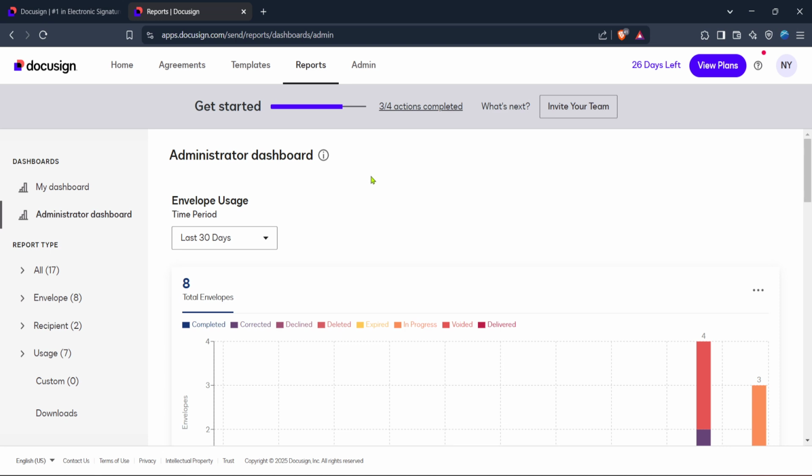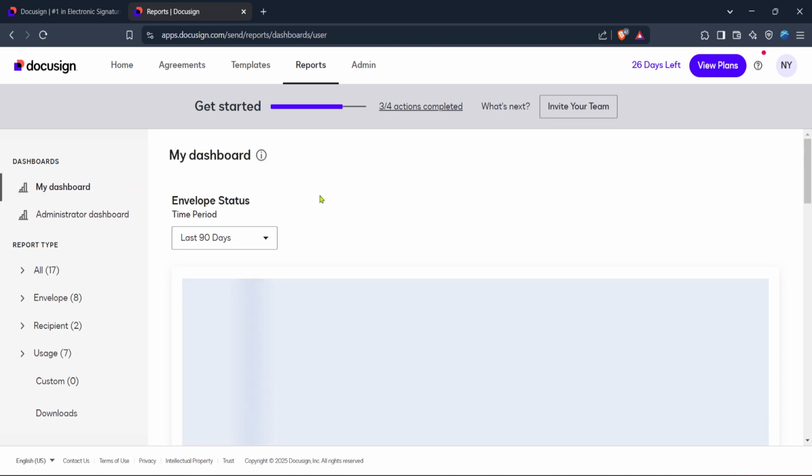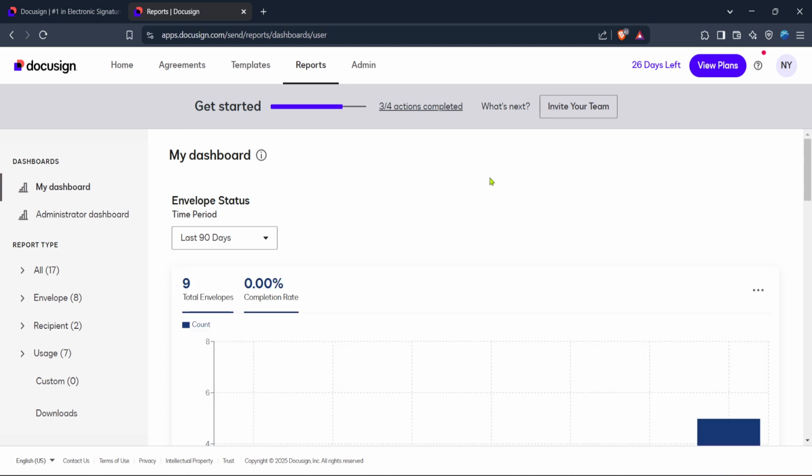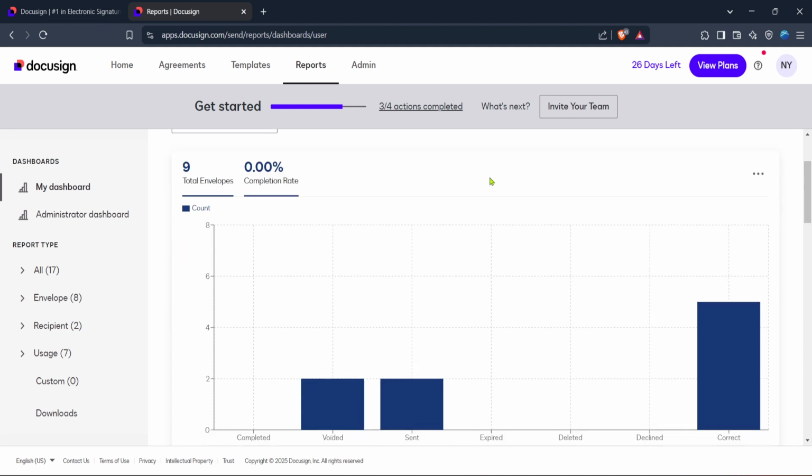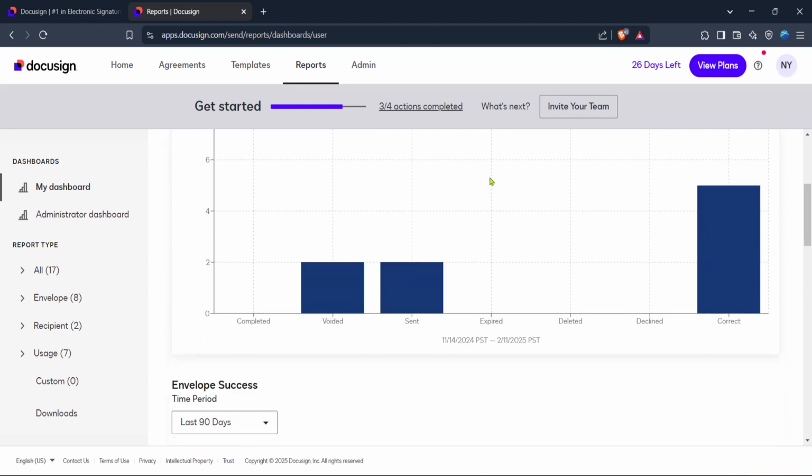With the Reports tab open, you'll notice several options related to reporting. What we're looking for today is the My Dashboard option. This is the visible interface where all your reporting data comes together, allowing you to customize and pull the insights that matter most to you and your team. Click on My Dashboard. This will take you directly to a page where you can begin the process of analyzing